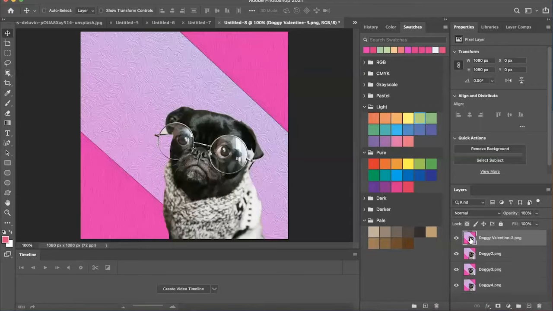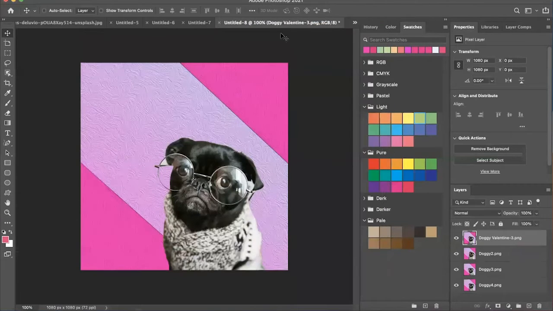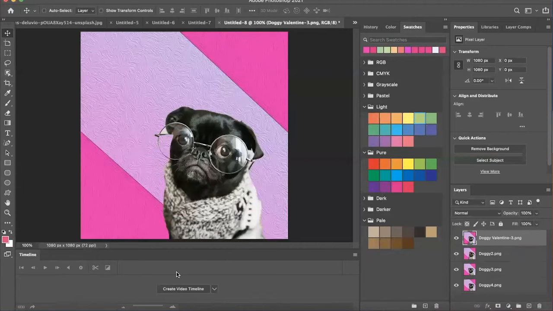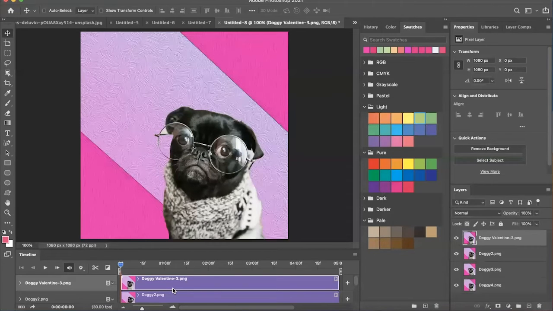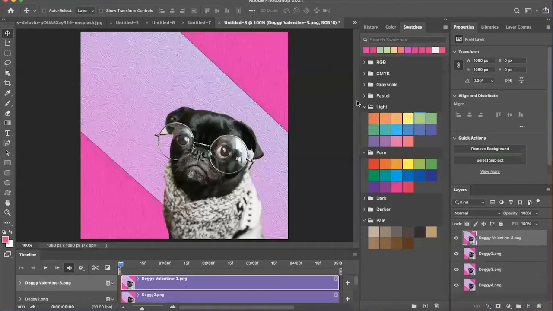And then next thing you want to do is just go to Window. If this isn't already open, and then just make sure your timeline window is open. Mine was already open, so it closed. So just hit Timeline, and then select Create Video Timeline. All right, so I double-clicked Create Video Timeline and pulled in all of these images from the